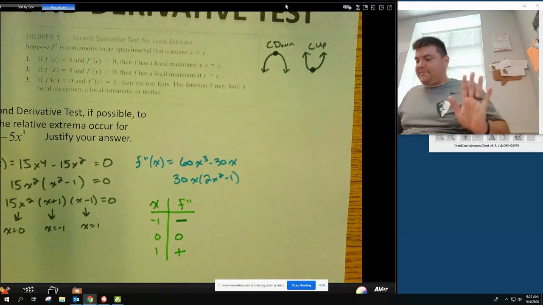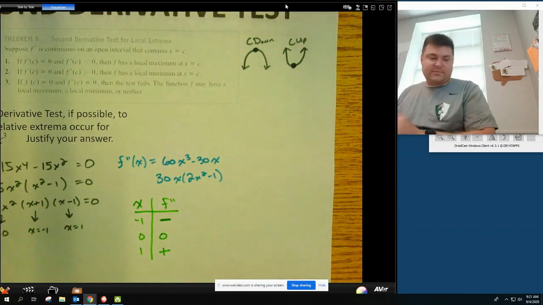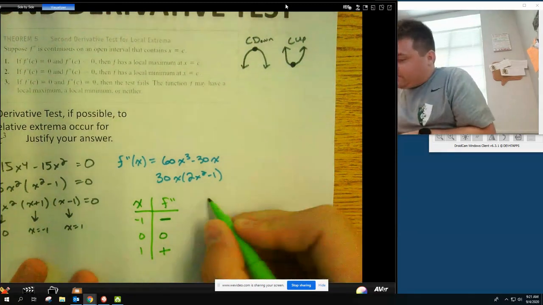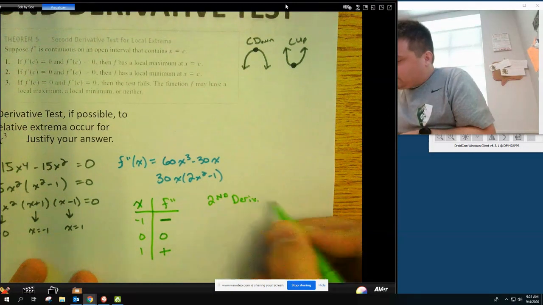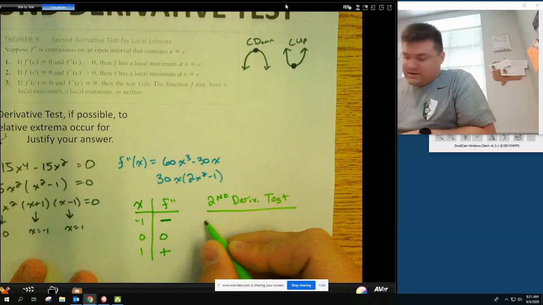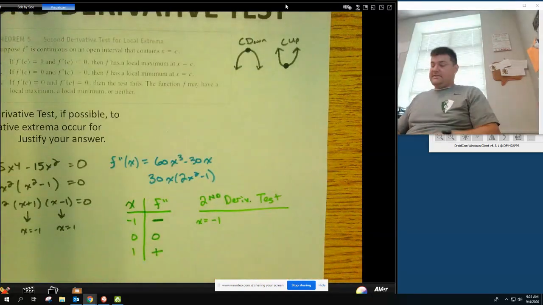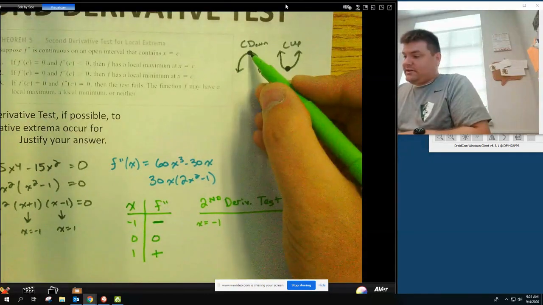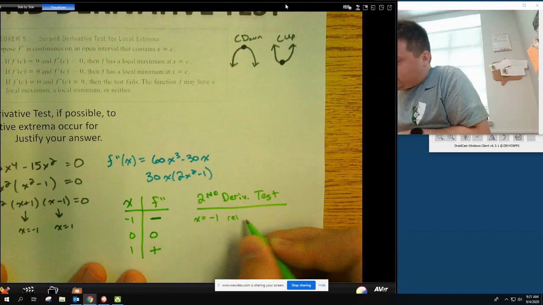Now, I have all the information I need, and I can go ahead and use the second derivative test to determine my extrema. So by the second derivative test, I have x equals -1. Now, that is concave down, and there's a critical point up here, so that's going to be a relative max